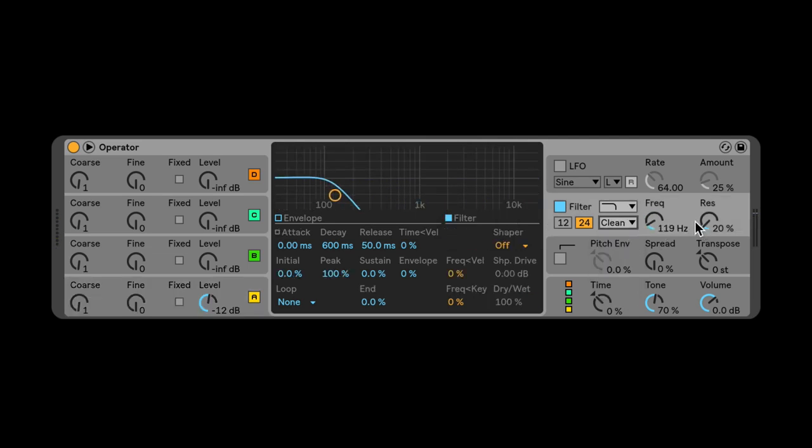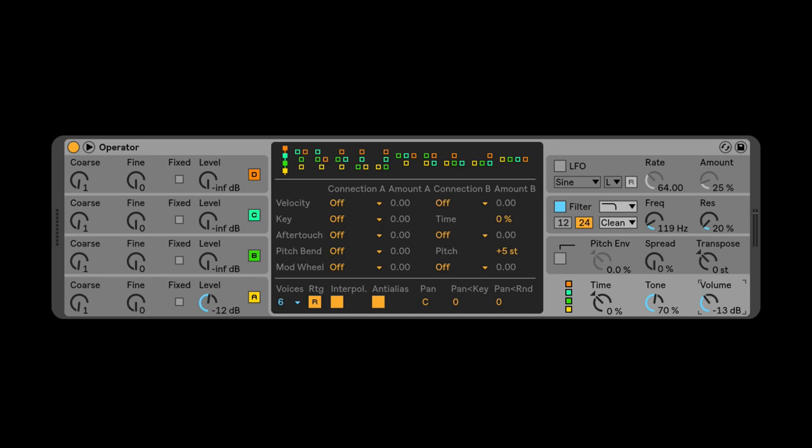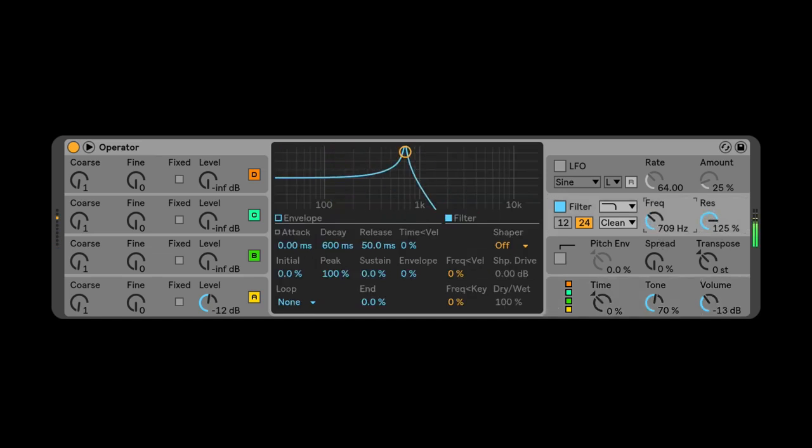This main filter can't self-oscillate. All right, I'm going to turn this down just to show you. Even though that's a lot of harmonics, it's not self-oscillating. It's not making its own frequency, right? Or it's not making it loud enough to continue over time. So if I choose some of these other models, though,